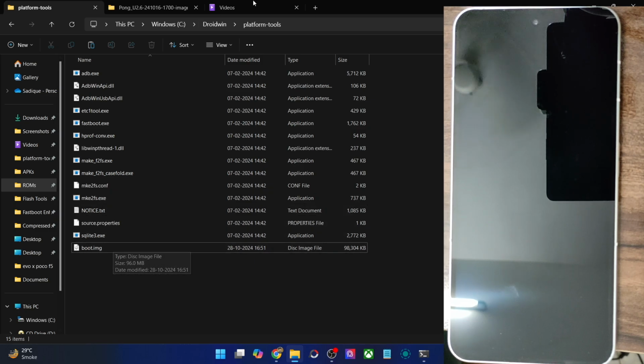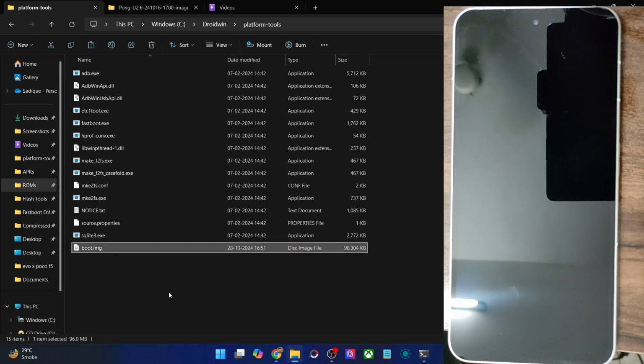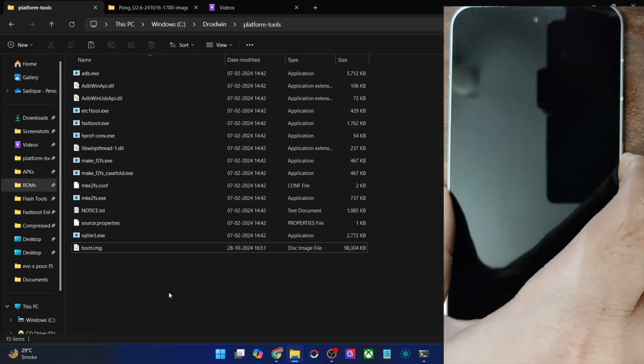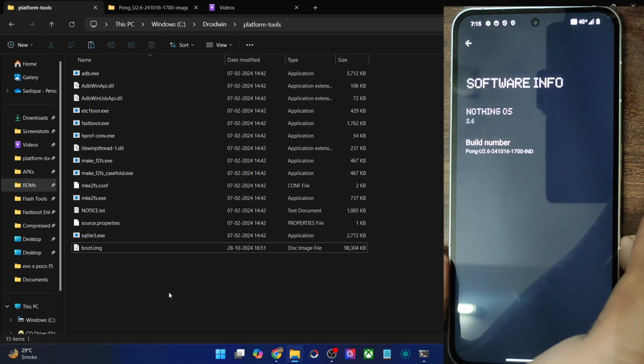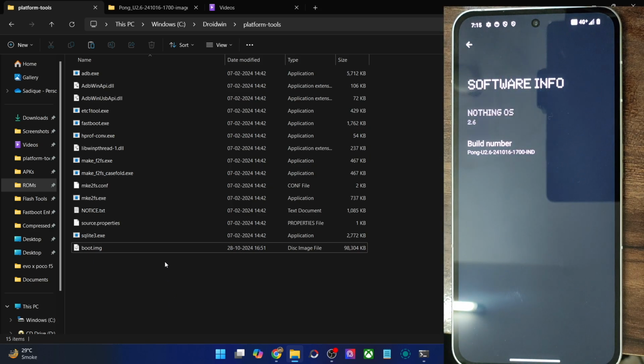the platform tools folder. Just to repeat, if your phone came with Android 12 or older version, use the boot file. If it came with Android 13 or higher version, use the init boot. Nothing Phone 2 is the exception, in which you have to still use the boot img file. So with that said, once you have placed the boot or the init boot file over here, you will now have to install the Magisk app on your phone and then patch this file via Magisk.